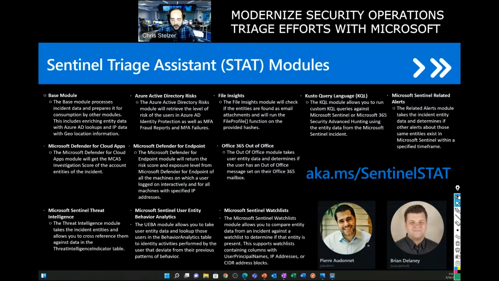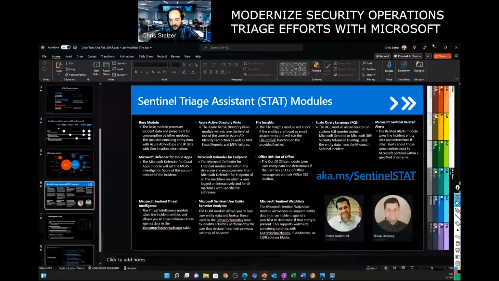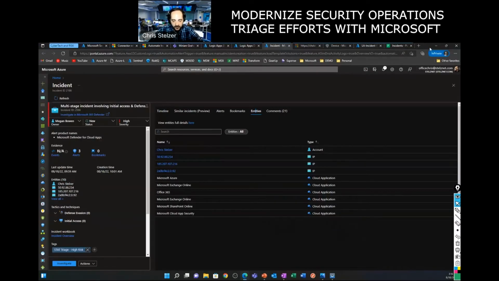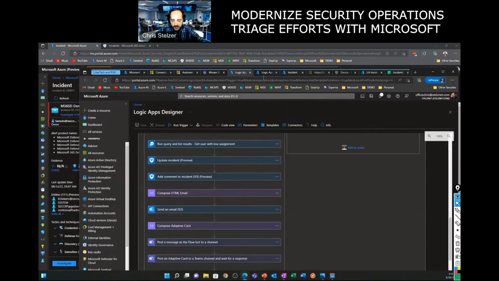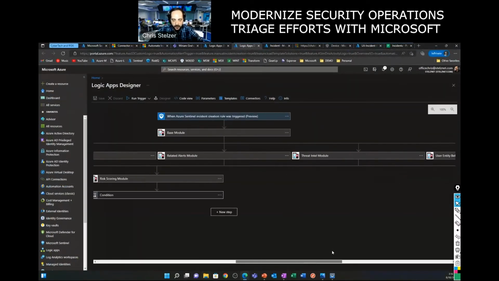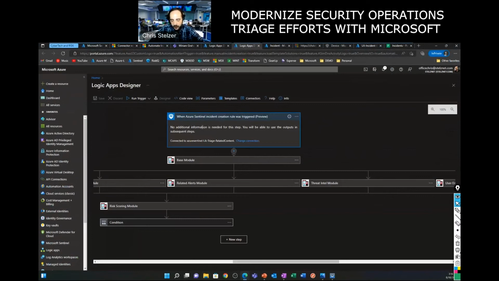So all of these custom connectors within Logic Apps can be used very readily and very easily within the environment. And I can show you an example of what this playbook looks like. It's very, very easy to use. The idea is this playbook was pre-configured to run anytime a new incident is created. So anytime a new incident shows up, we run this playbook.